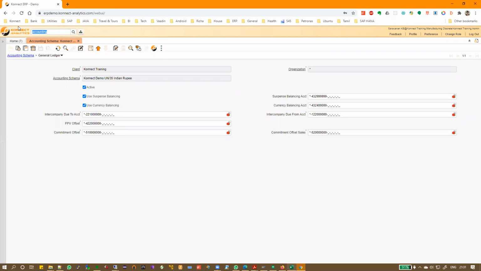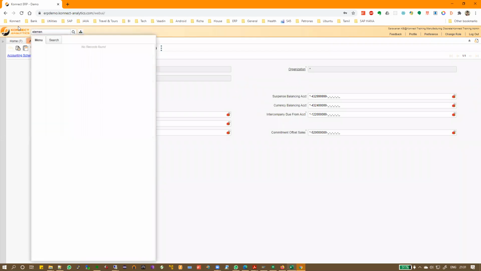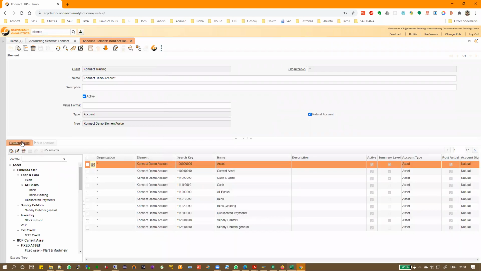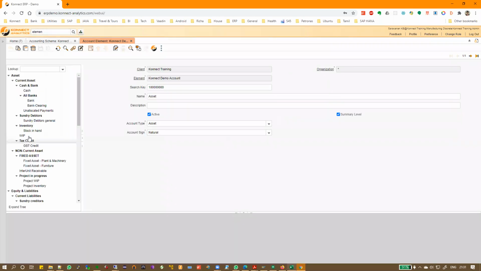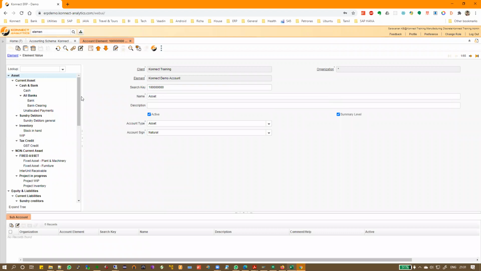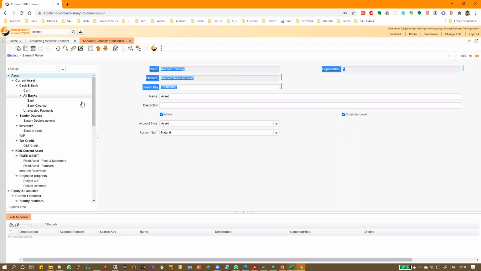So basically, first I need to have my general ledger created. In my account element, this is where your accounting knowledge will come into the picture. You need to know accounts to do this configuration. Technically, I'm telling you where it is, but why you're mapping that account, why you're not mapping this account, why it is at that level, all these things are more accounting related in nature.